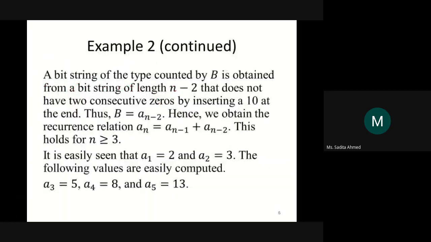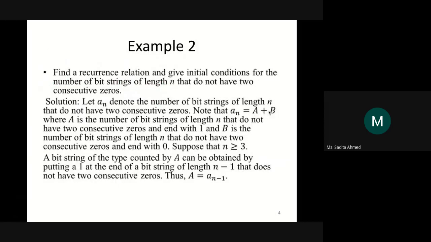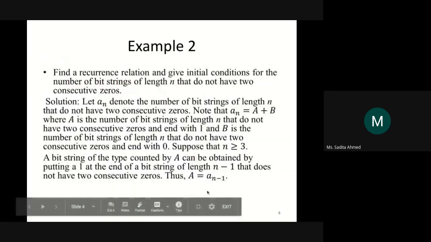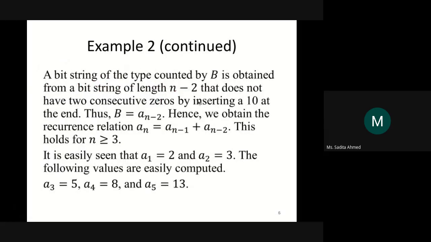And the total count of bit strings of length n that do not have two consecutive 0s will be the summation of a and b. A n will be equal to a plus b, basically. The count of all the bit strings that end with 1 is a, and the count of all the bit strings that end with 0 is b. So the last bit can either be 1 or 0. For a, we have already established that a is equivalent to a n minus 1. For b, all bit strings that end with 0, for that one we have to utilize a n minus 2,